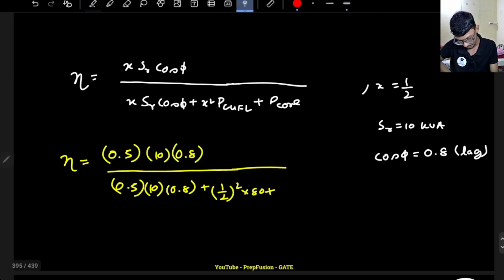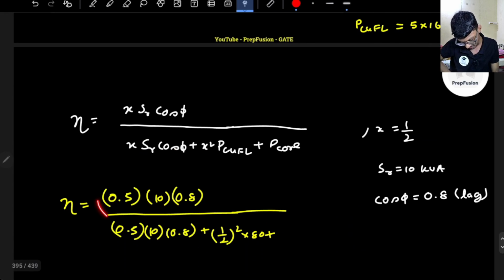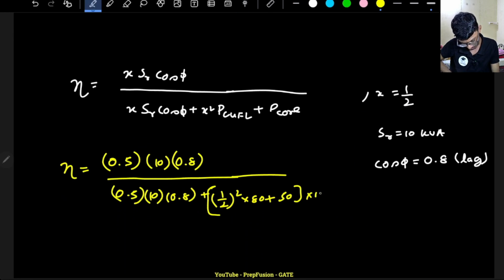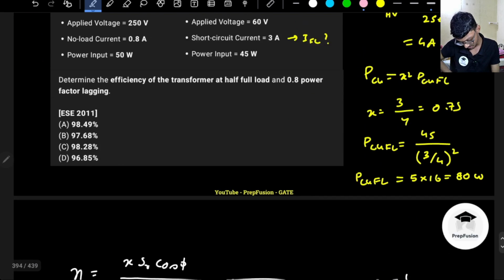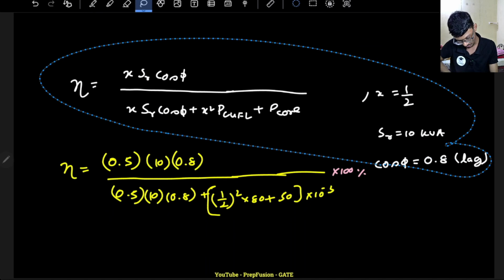But everything here, remember, is in kilowatts. This was all in kilowatts. So this also should be in kilowatts only. So I can add 50 and then divide by 1000, or 10 raised to power minus 3, to convert this into kilowatts. That's it. So this value will be into 100. Have they asked in percentage? Okay, they have asked in percentage. So I have to multiply by 100 for percentage. So this value will basically be